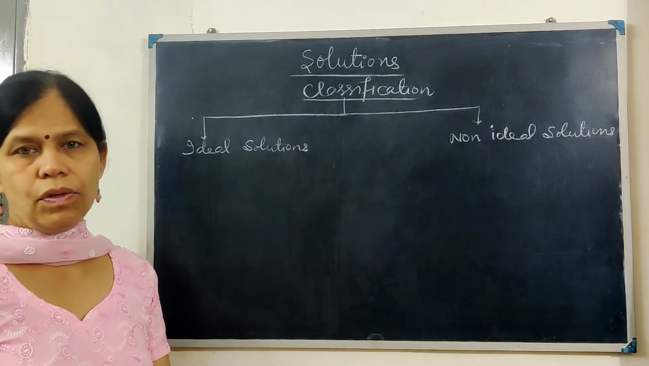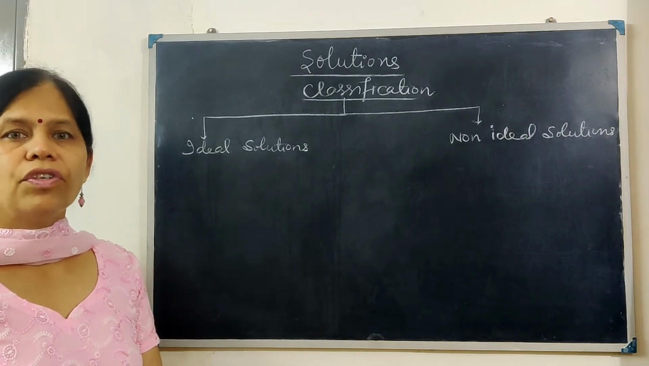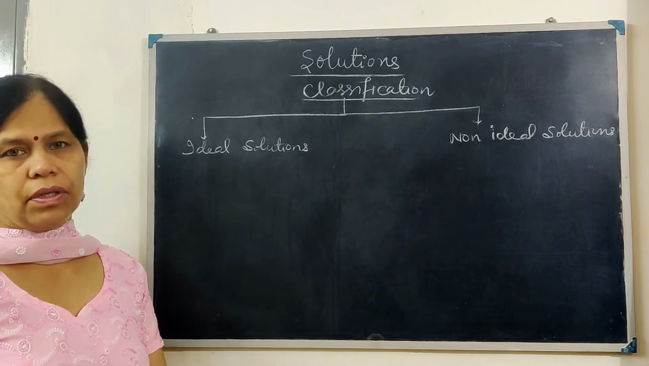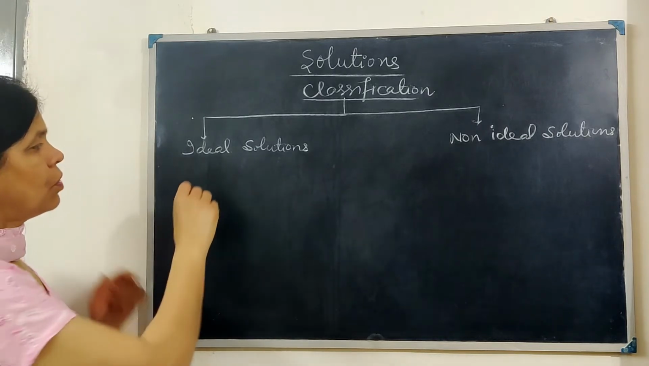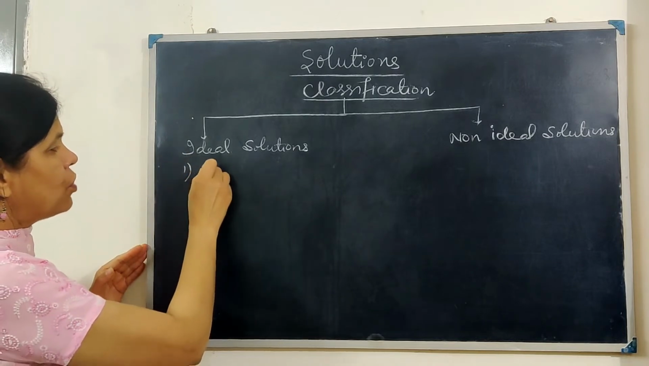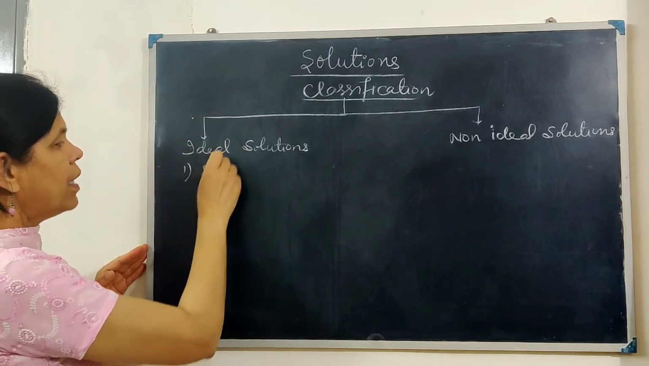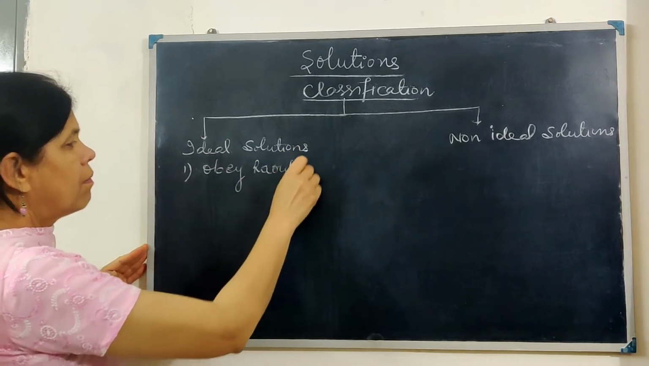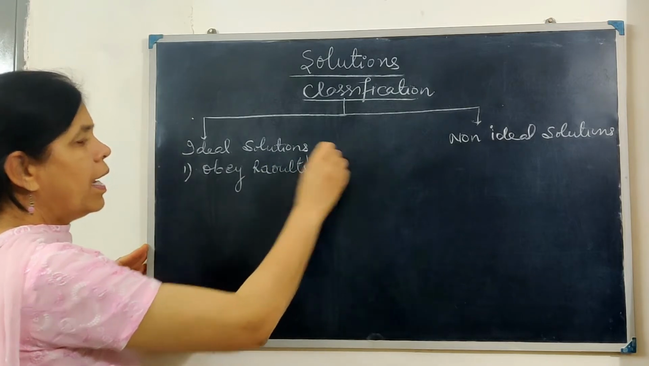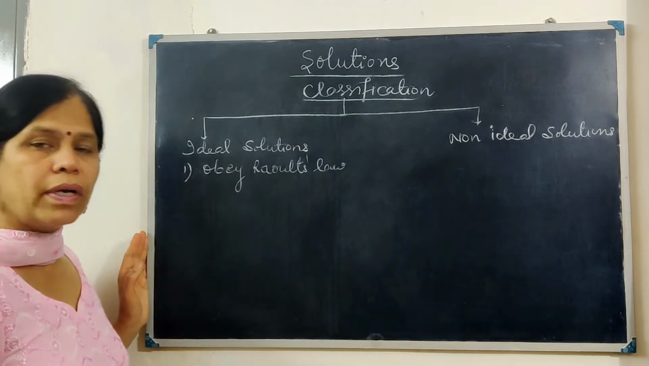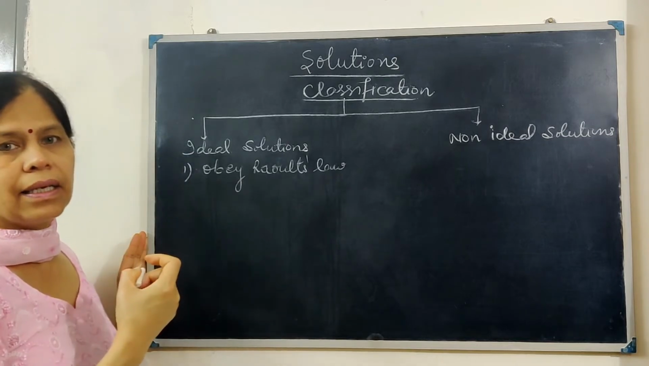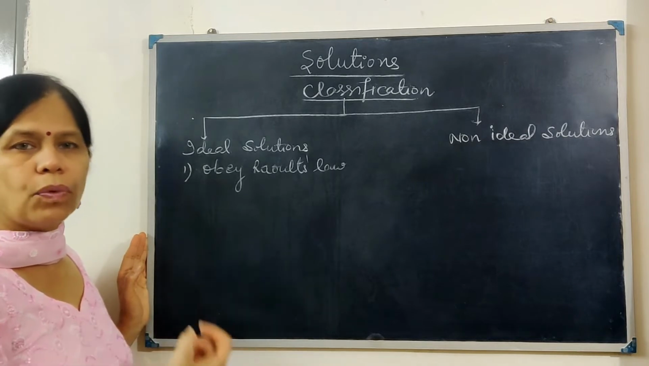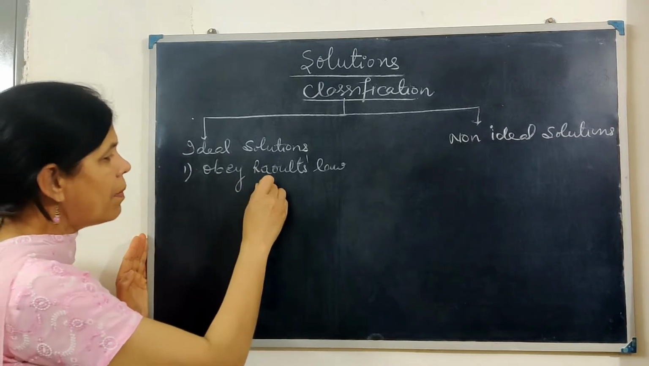What are ideal solutions? The solutions which obey Raoult's law over the entire range of concentration. So one of the conditions of an ideal solution is that it obeys Raoult's law at all concentrations. What does it mean? Raoult's law says that the partial pressure of a component is directly proportional to its mole fraction. So if you remember,